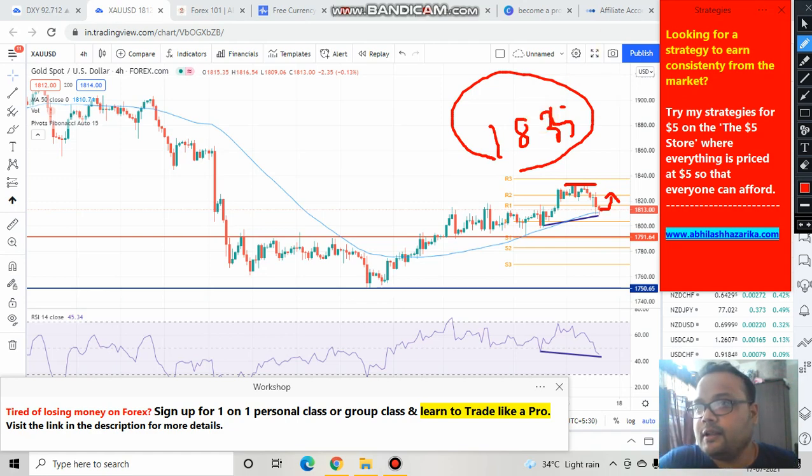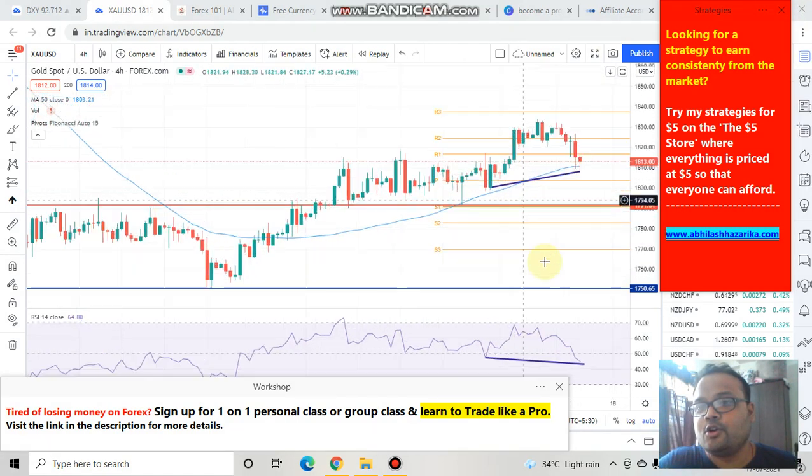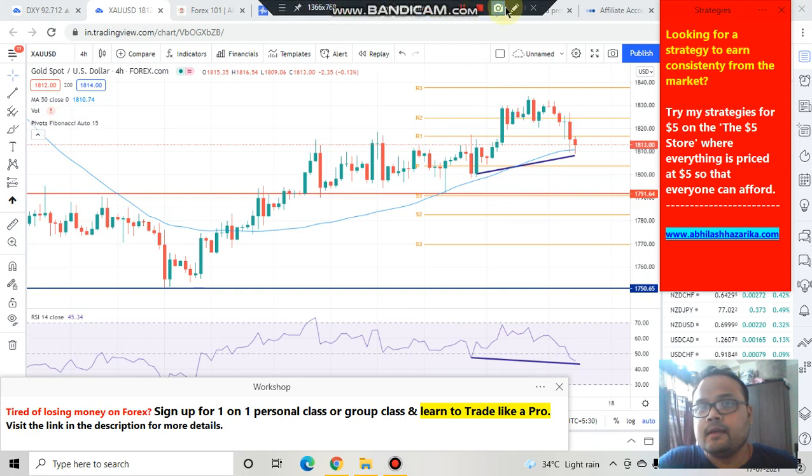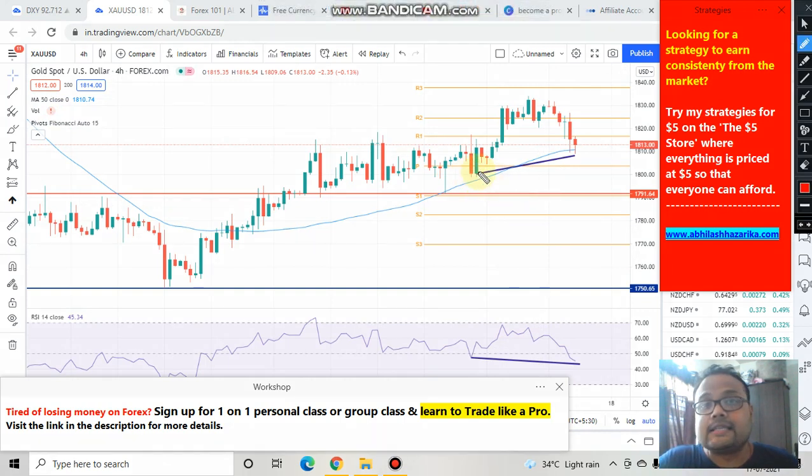Okay, but you can see that I have also drawn two lines here, and this is an RSI divergence. You can see that the market is going up, and the market has formed a lower high here. But if you look at the RSI here, then the RSI is indicating a different story. We are seeing a